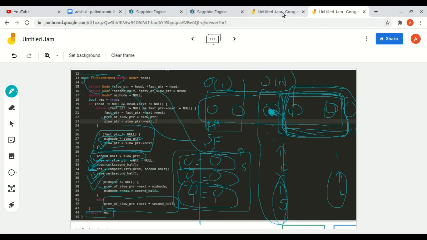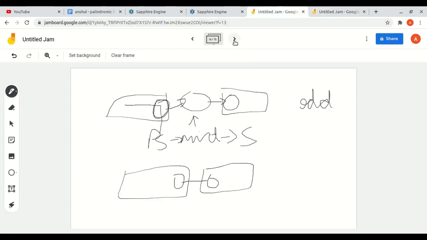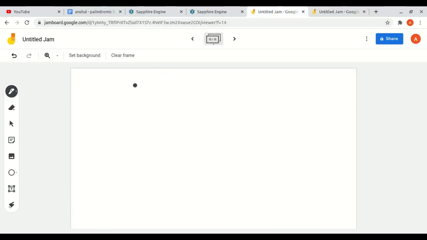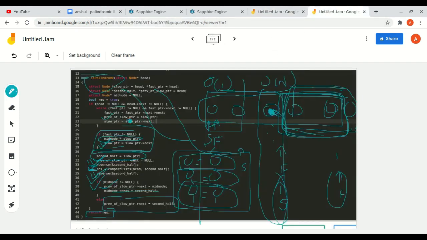So this is a very basic code which we can come up with to solve this problem in big O of n time complexity and big O of one space complexity. Why big O of n time complexity?